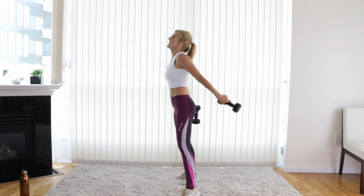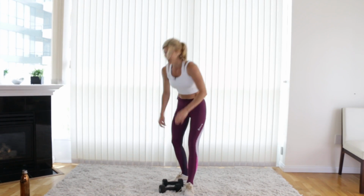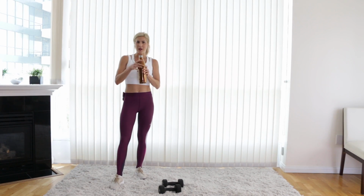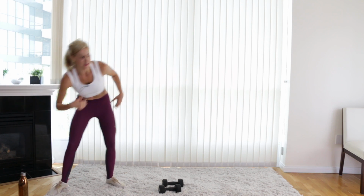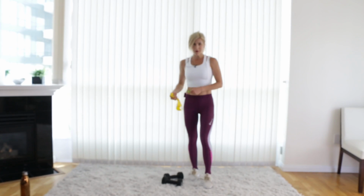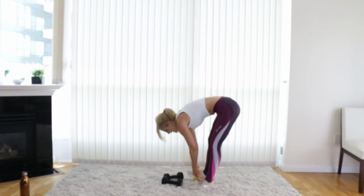Okay, good. You guys probably notice my breathing patterns. I like to emphasize the exhale. Partially it's for me, partially it's for you. It's to remind you guys to be vocal with your breathing and not be afraid to breathe. Third round, I'm actually gonna get rid of my light resistance band and switch to a medium, because I want